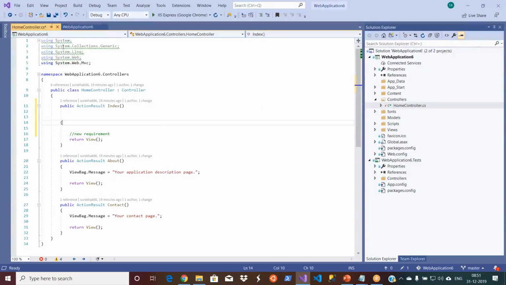Let us say I spend 1 or 2 days on this one, and suddenly some person will come and say, hey, stop that requirement, there is a bug in the Jira, let's go and fix it. Then I have to either comment all my code and work on the bug and check in my code, or else take a backup and then do the bug fix. Once the bug fix is done, again I have to uncomment all this code, whatever I've been doing. This is a cumbersome activity.